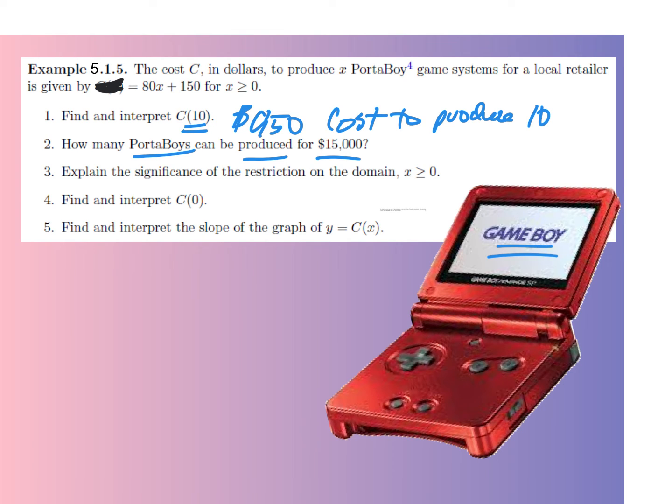Let's not even do it because that's pretty easy. We already talked about this is just saying you can't have negative numbers of game systems. And find and interpret this. Why is that even interesting? You made 0 systems because then you still get $150 of costs. Is that real world? Yeah, because if you're a factory that's making nothing, it still costs you